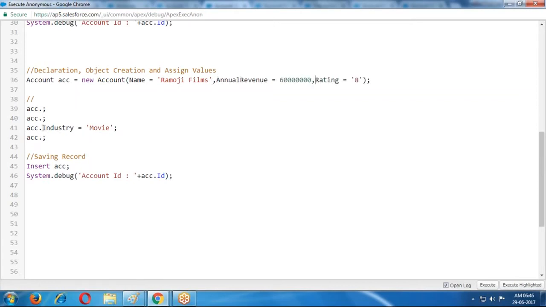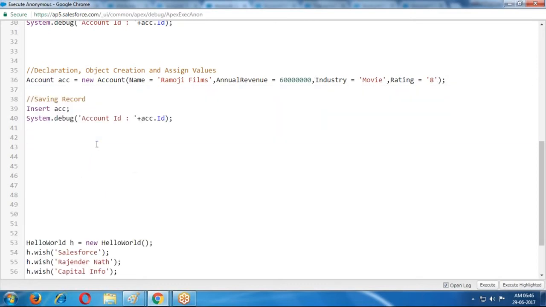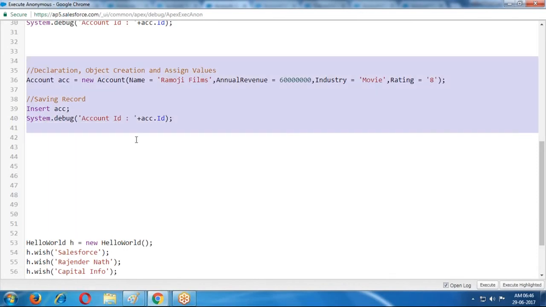Yes, anywhere you can use it. No need to maintain order. It is allowing anywhere. You can provide the values like this, anywhere.